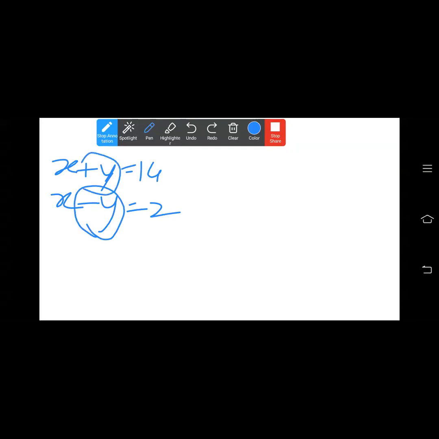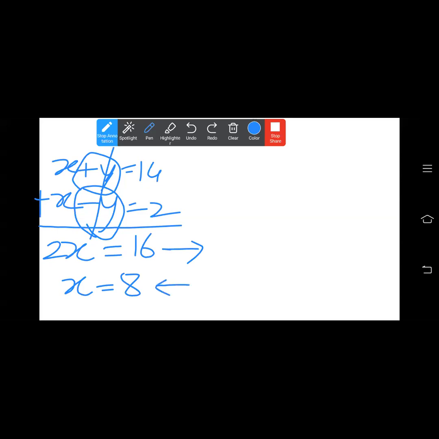Look at the signs here, you can see both are the same, opposite. Then you can see when the signs are opposite, you have to add both the equations. When you add both the equations, plus y and minus y will cancel. x plus x is equal to 2x and 14 plus 2 is equal to 16. So you get the value of x as 8. Now substitute the value of x, 8. Here, this is your linear equation in one variable. After converting it into a linear equation in one variable, you will get the value of x equal to 8.